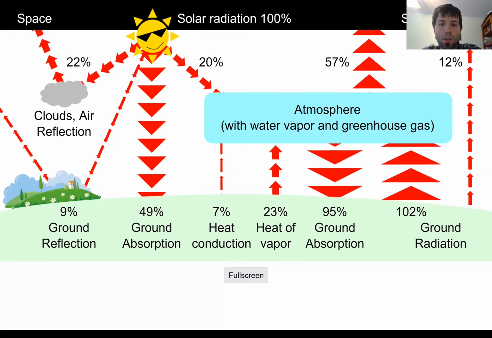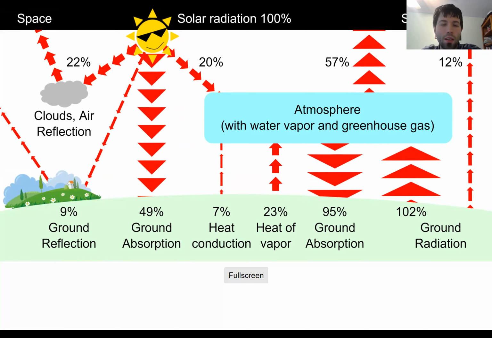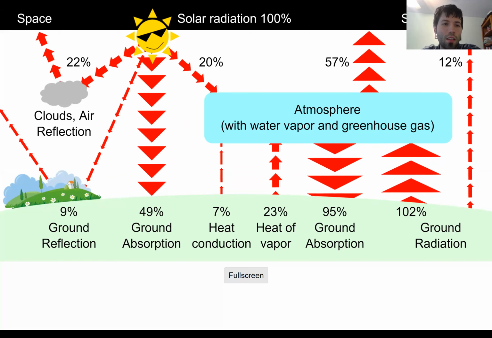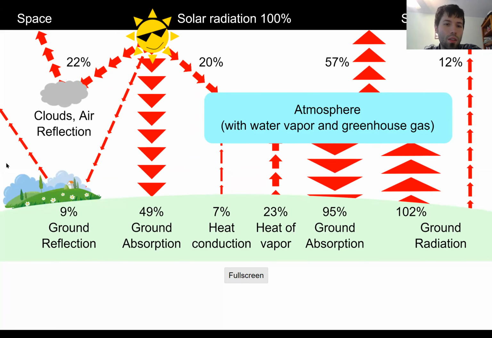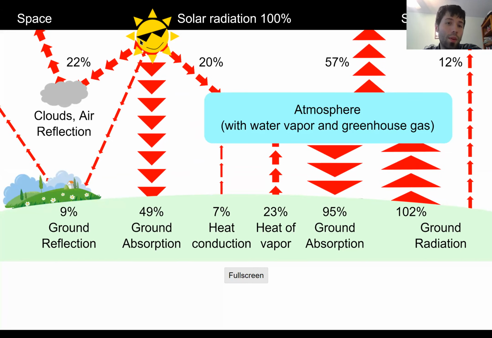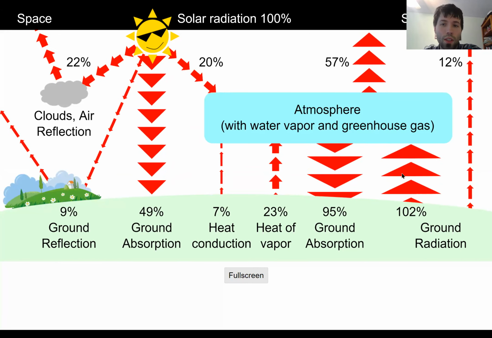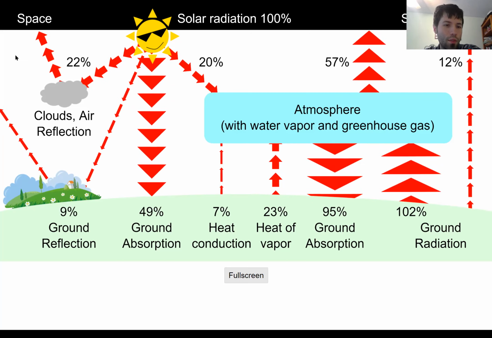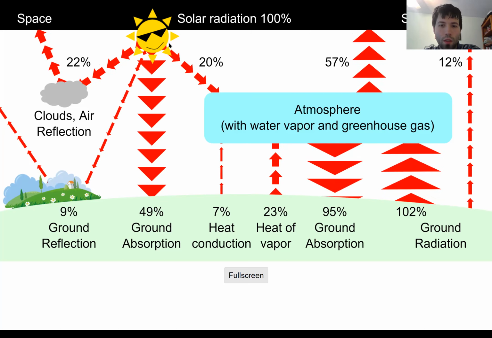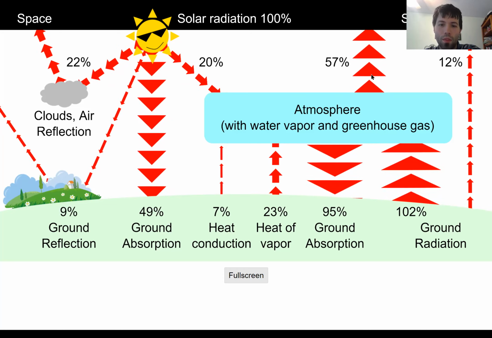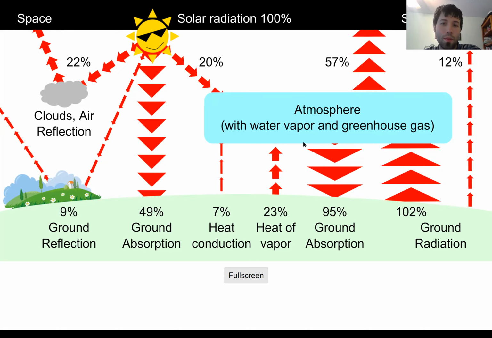What this person is showing is how much heat goes to the earth and then what heat is reflected or released from the earth. And it's really cool. I'm not sure exactly what all these percentages mean. I'm going to figure that out soon. But you can see that some sunlight is reflected from clouds, some is reflected off the earth, some is absorbed into the ground, and some of the atmosphere absorbs some of that